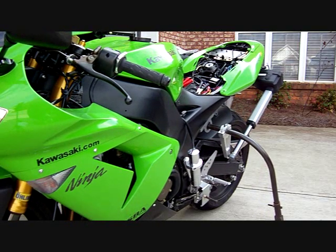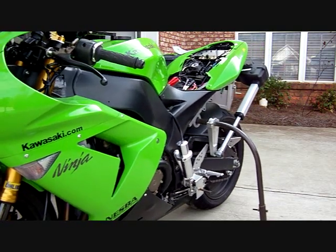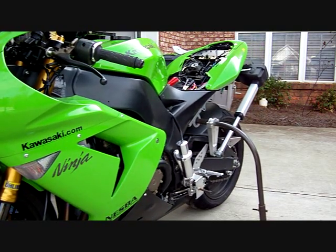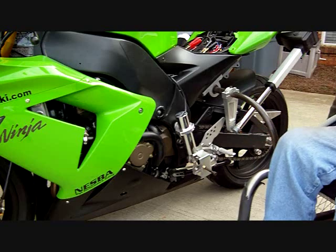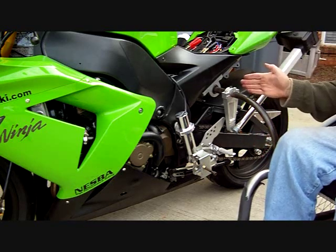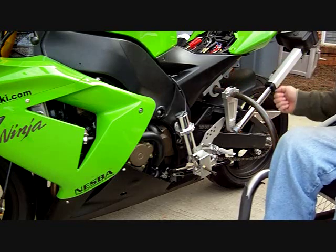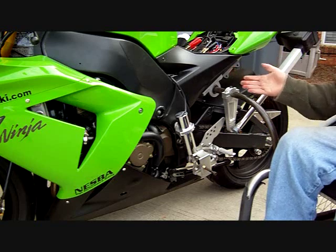So the bike's leaned over right now a little bit, and if I just hit the button, boom, it just picks the bike right back up. And I actually like the speed of it. It goes up plenty fast. If you're at a T intersection and you need to start off and turn immediately, as soon as I start rolling, I hit the button and this starts coming up, and it gives me plenty of space to lean over